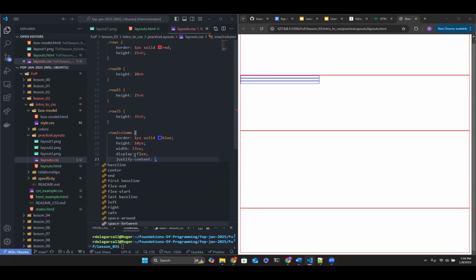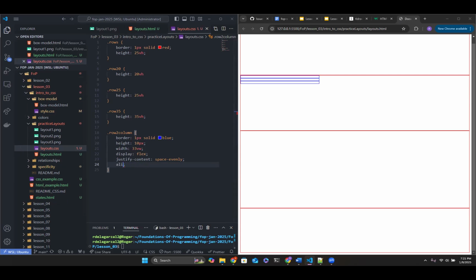We can say space evenly. And align items. How can we do this?